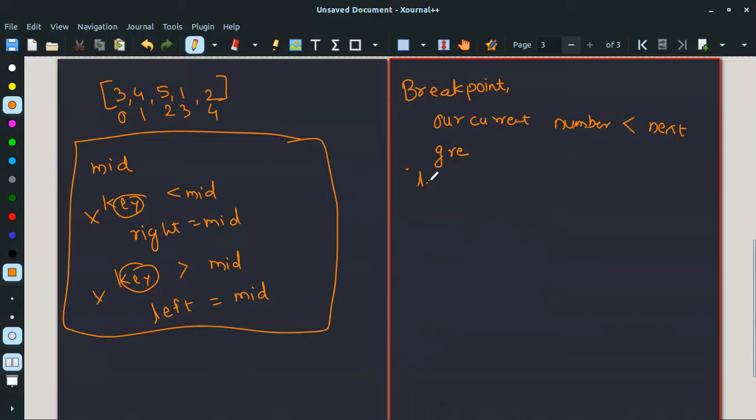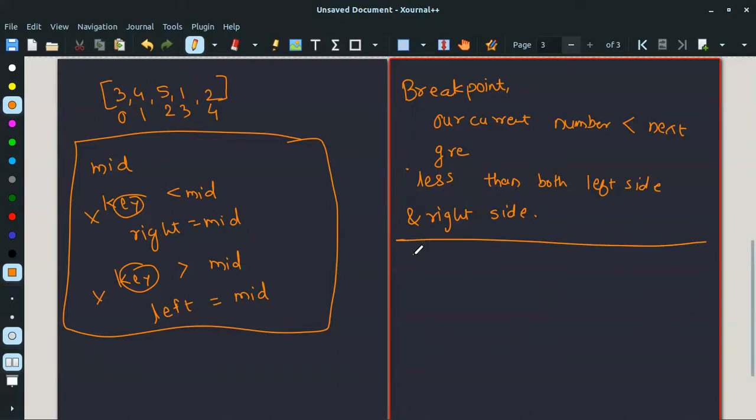It's less than both the left side number and the right side number. So let's dive into the algorithm.